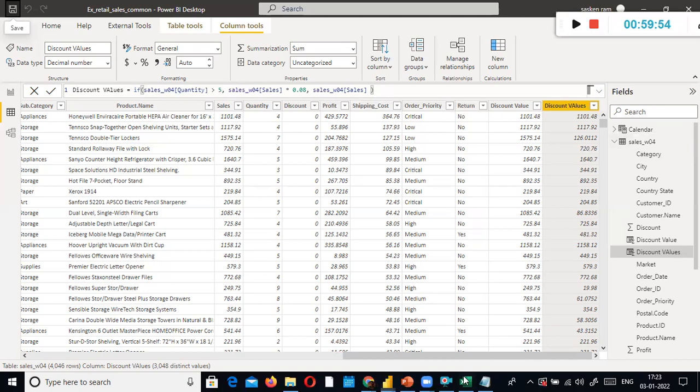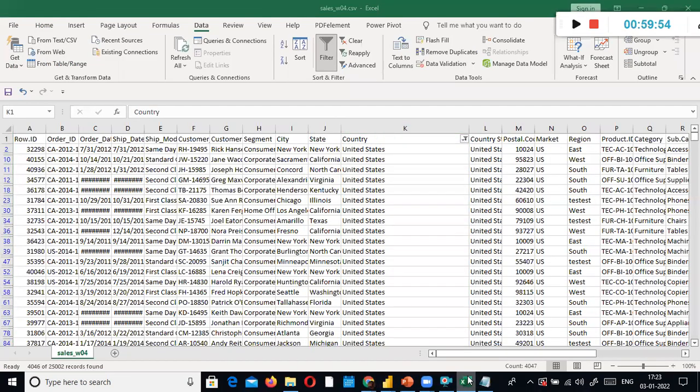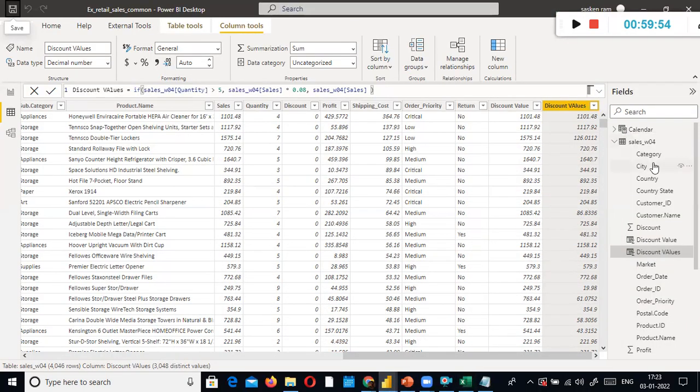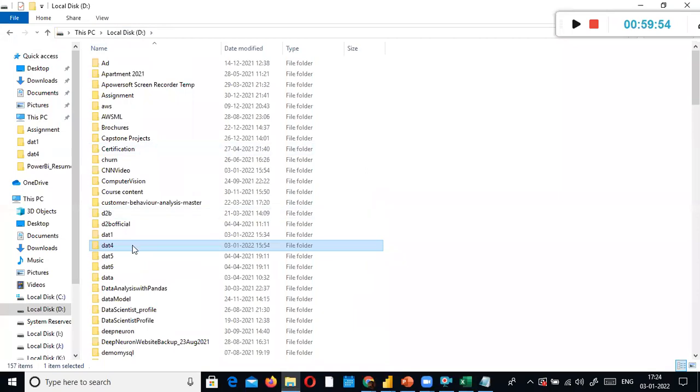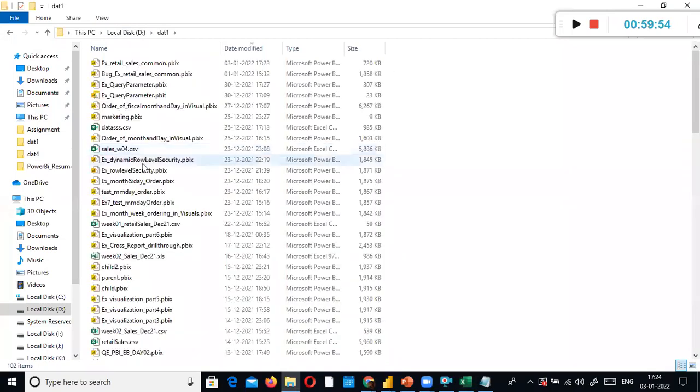Hence, I will share this sales_w04.csv file also. Download it. Best thing, you can create in the D drive a folder dat1, and in that folder keep sales_w04.csv. It's as simple as that.